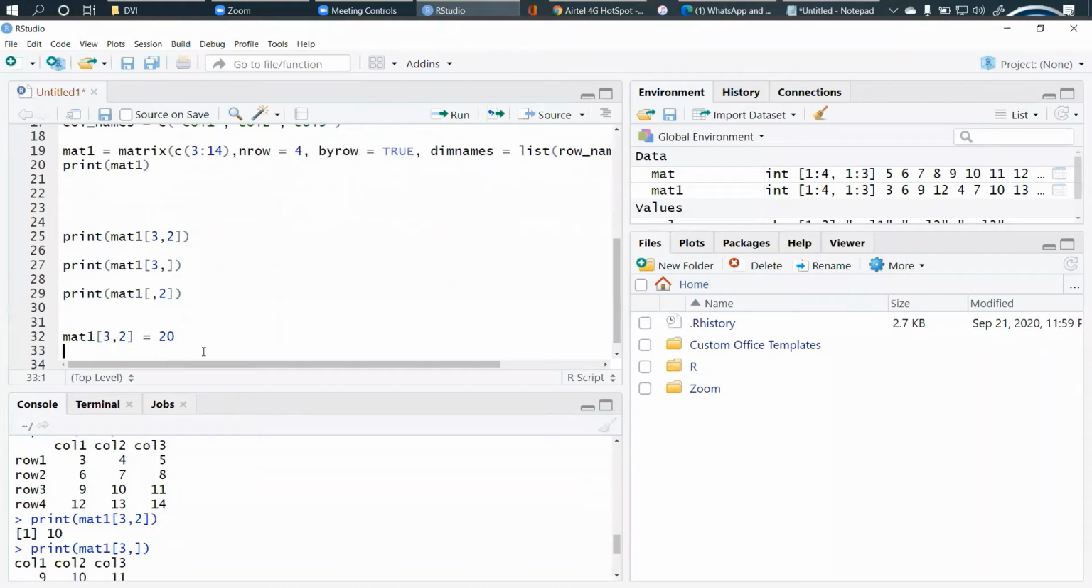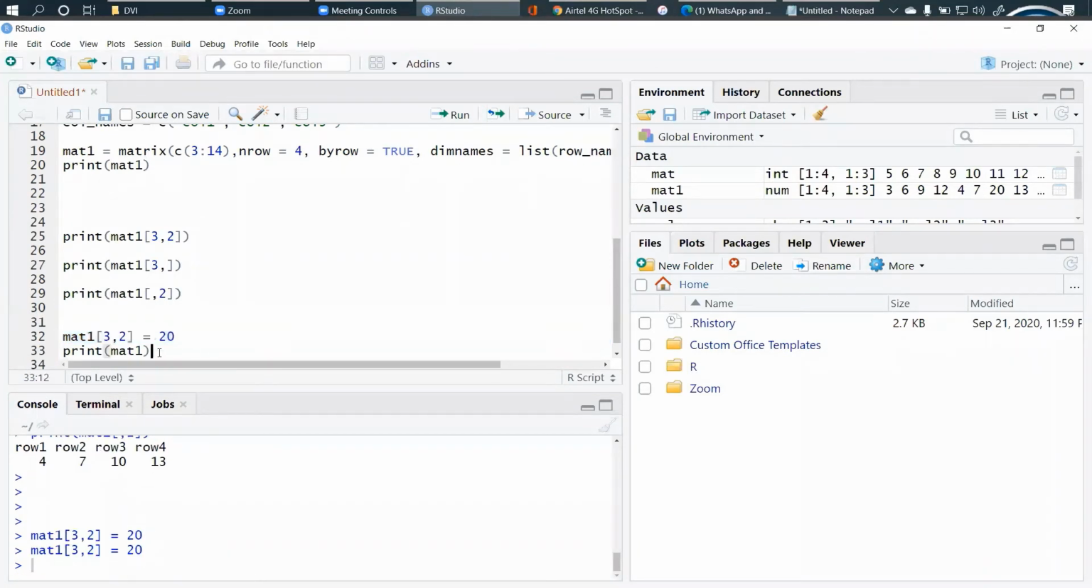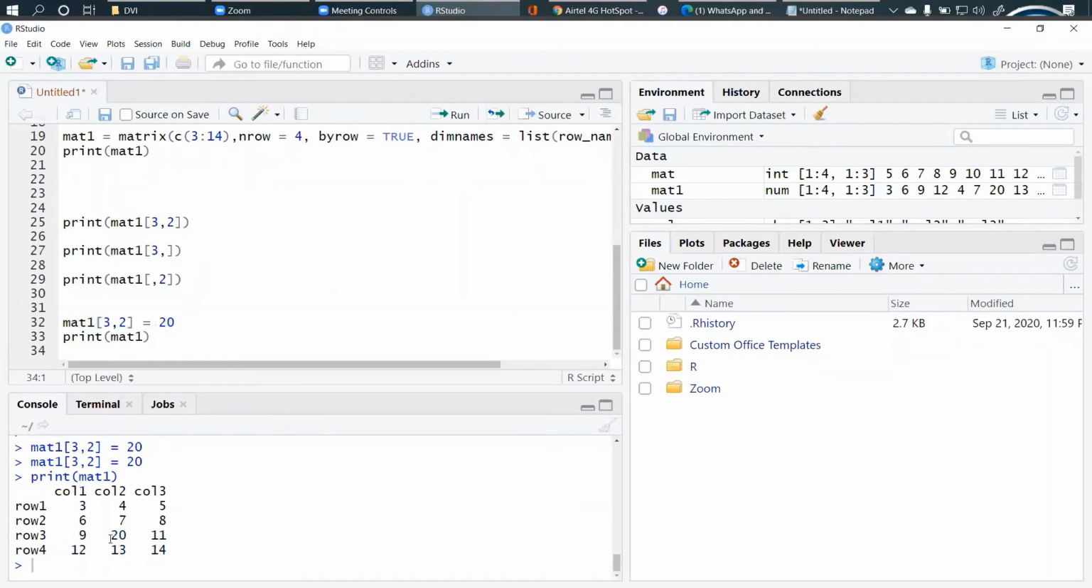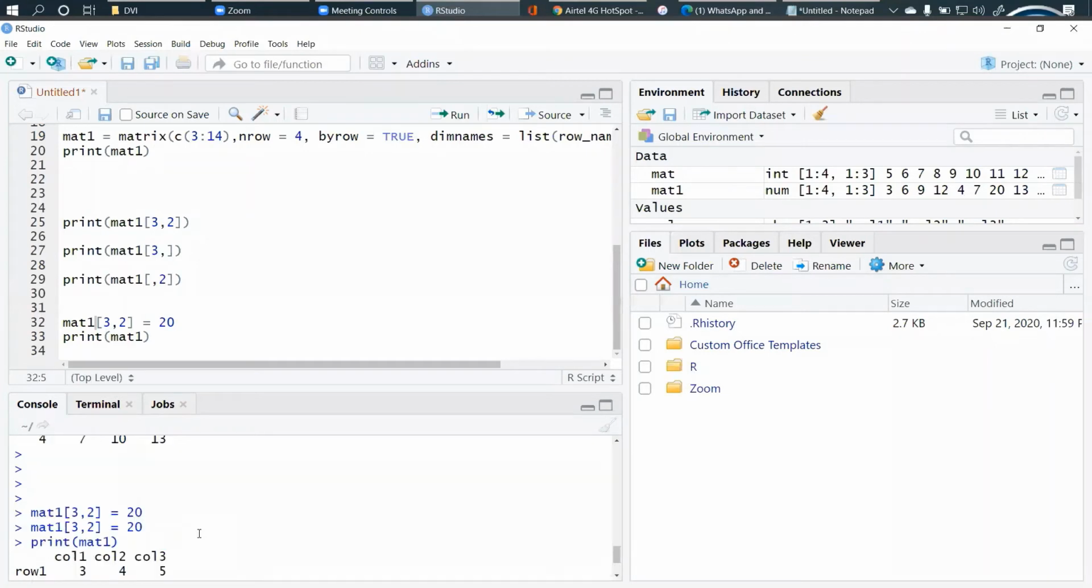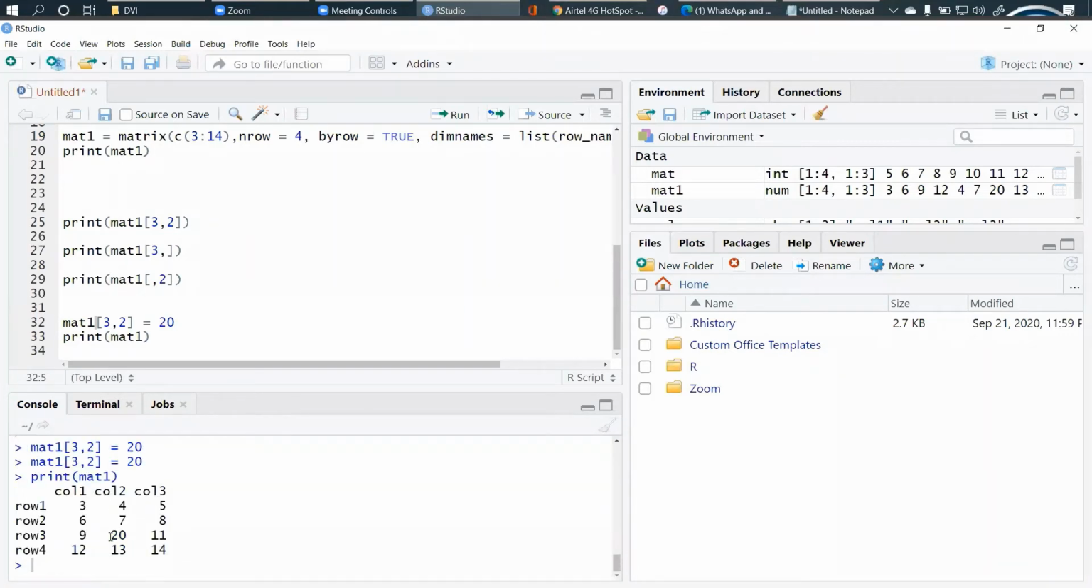I'll print this. See here, 3, 2 initially was 10. Now after this, only a specific element 10 is replaced by 20, right? You can see the differences between these two matrices. First we had this entire grid, right? Here the value was 10. After replacing it with 20, this value got replaced and the entire grid is the same,